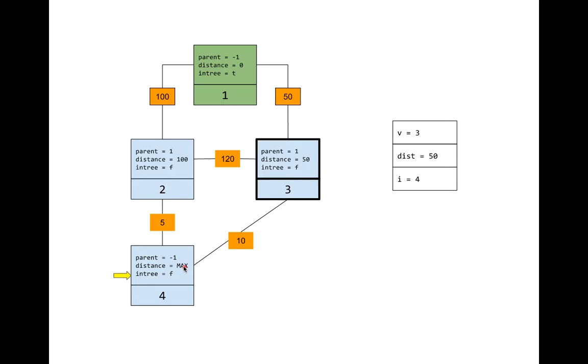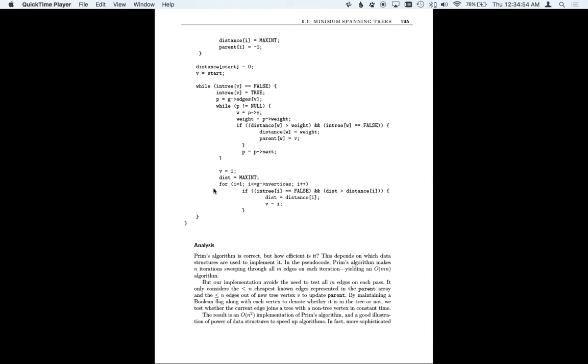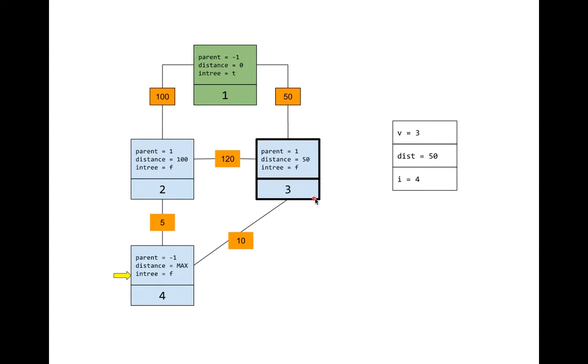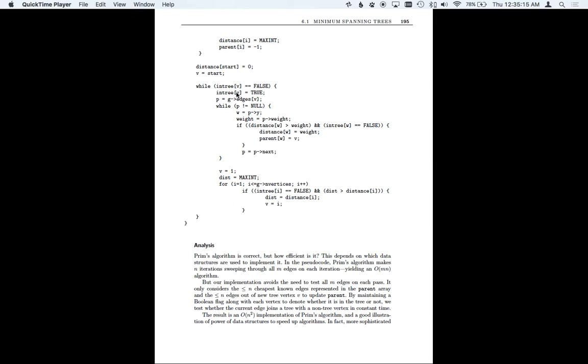So city 4 is not a better option for building to, definitely not, than city number 3, and we do not update these variables, which now means that our whole for loop here has finished, and we are ready to go on to the next iteration of the while loop with our winner, city number 3, as our next v, from which we will check outroads and so forth. Okay, so we have our winner is 3. We enter this while loop. We set in_tree for city 3 to be true,